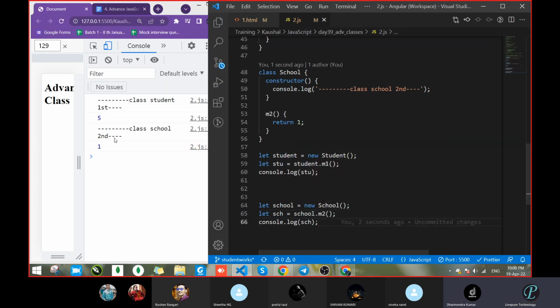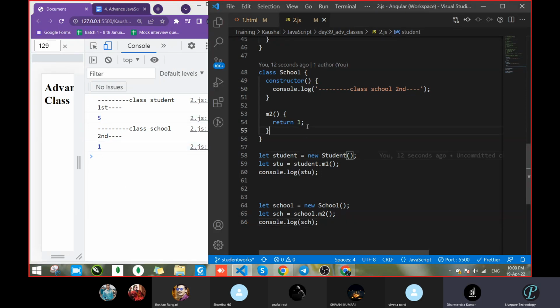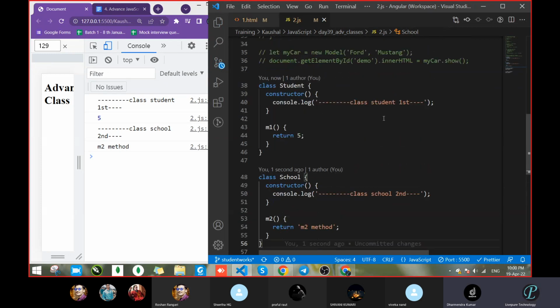So what we got, capital S here? Sir, it's small working. Fine, small is the variable. Okay, so we got 5 and 1. From where are we getting that? We are getting it from the methods. Second means, wait, I will make a string itself. M2 method. Okay, M2 method and